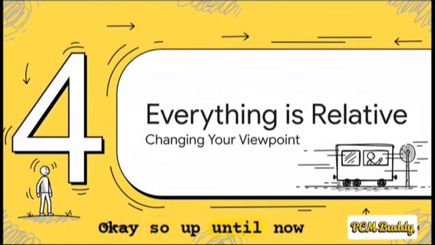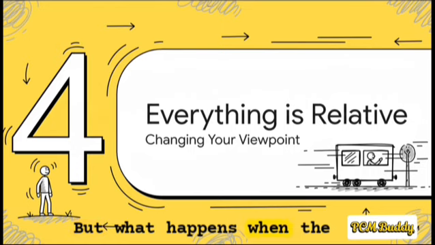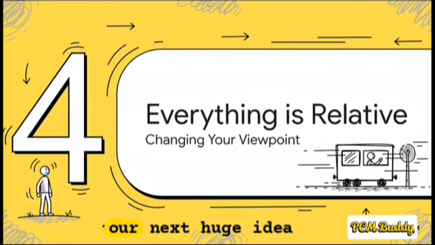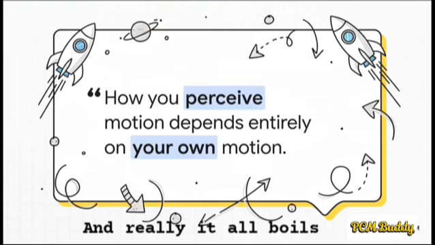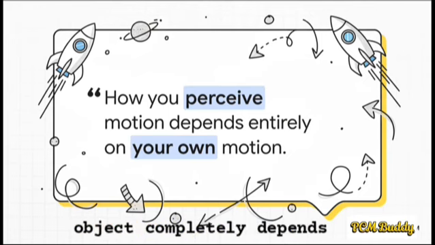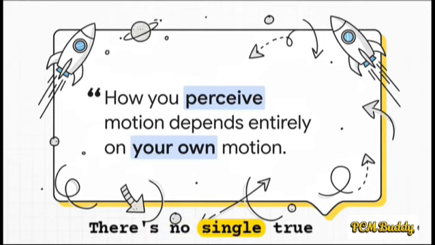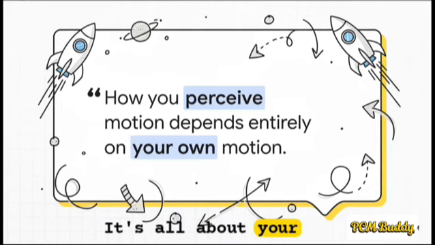Okay, so up until now, we've kind of been watching all this action from a fixed spot on the ground, like a spectator. But what happens when the spectator is also moving? Well, that brings us to our next huge idea, relative motion. And really, it all boils down to this one simple, powerful idea. The speed and direction you measure for any object completely depends on your own speed and direction. There's no single true velocity. It's all about your frame of